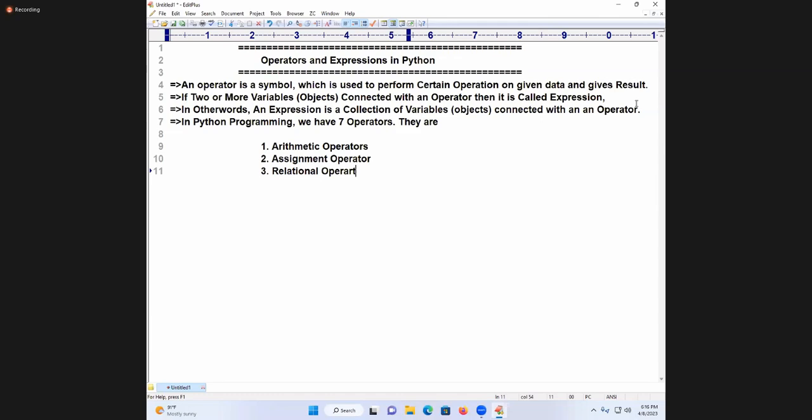Relational operators, also called comparison operators. Next we will talk about the fourth, logical operators. Logical operators, also called comparison operators only. But what is the difference between those two things? We are going to discuss. And next is the fifth one,